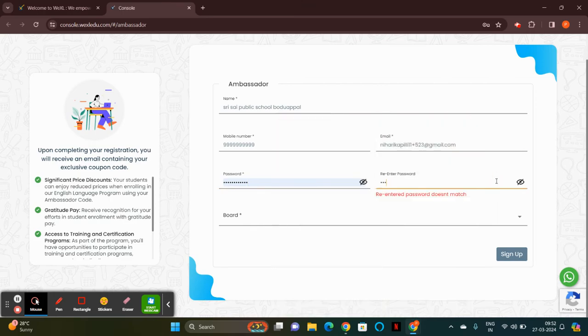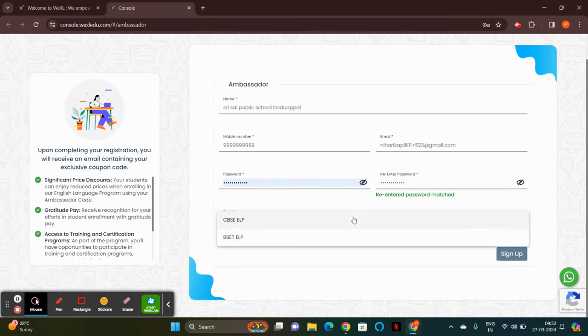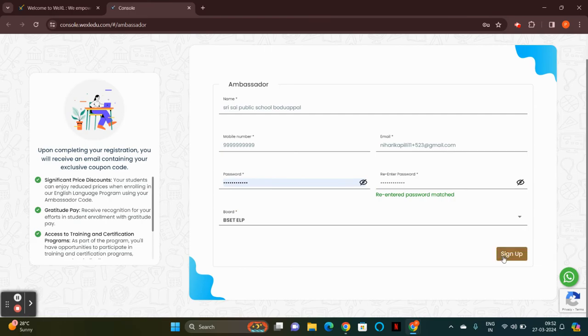And again re-enter the password. So this email ID and password will be our login credentials, and then we need to select the board. I'll be selecting BSET ELP and then click on sign up.